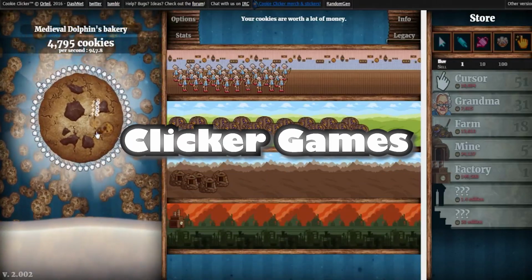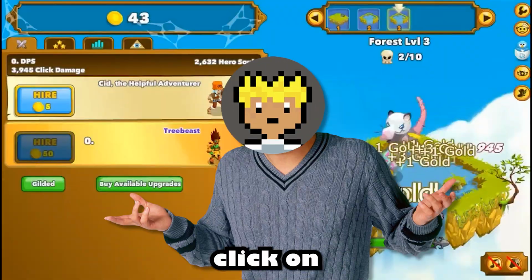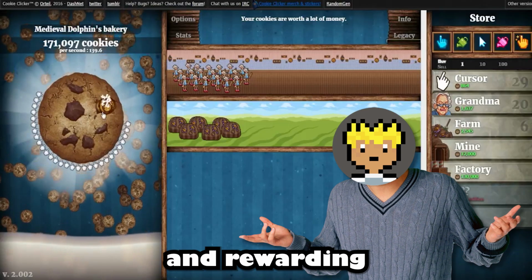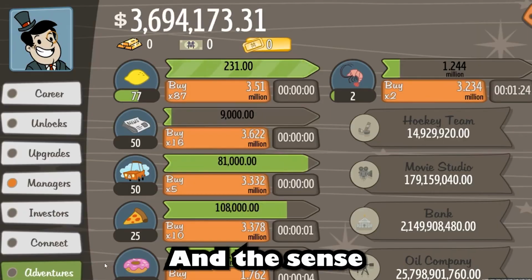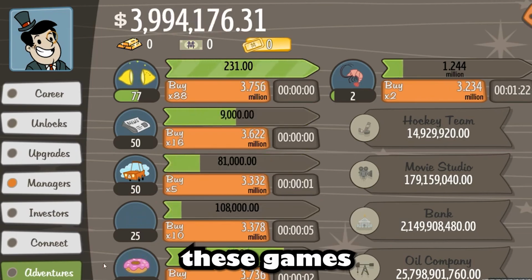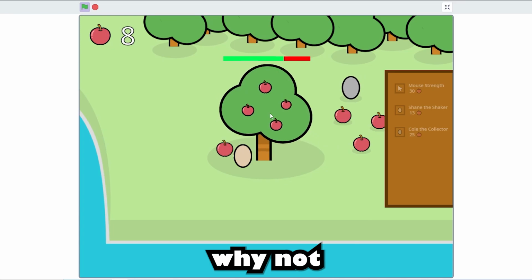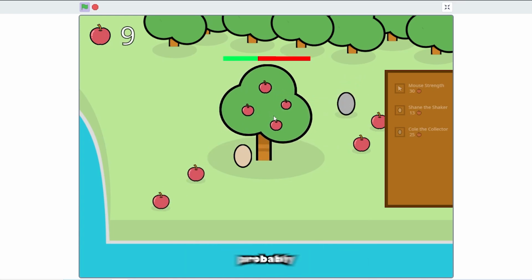Clicker games. In essence, they're really stupid, right? You simply click on an object over and over again, but there is something so satisfying and rewarding about clicking a fucking cookie, and the sense of progression you get makes these games always so fun to play. And since the concept is so simple, I thought, why not make your own clicker game using probably the world's